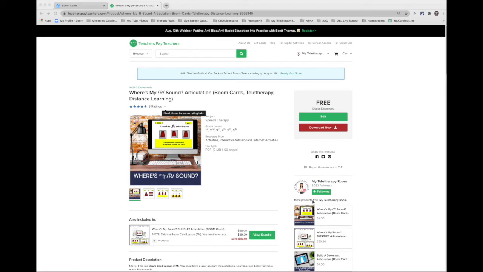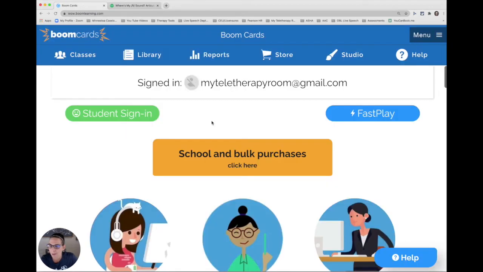Hi guys, I'm going to show you two different ways that you can add a Boom Card deck into your library on Boom Cards. The first way is just hopping onto Boom Cards. You're going to go to your store,